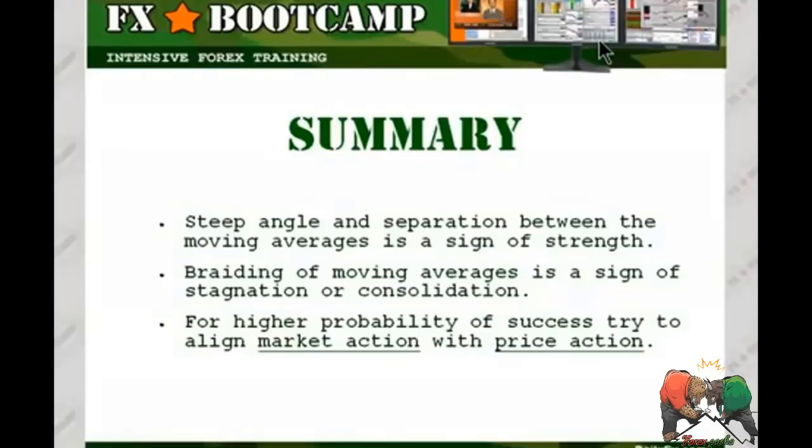Now, once again, braiding: lots of crosses, the 5-8 crossing, crossing, crossing. And you'll see that in between the markets, let's say at the close of the New York session but before Asia opens, you'll get all this kind of braiding. That means there's no momentum whatsoever. You shouldn't be trading. And for higher probability, the takeaway from this presentation is what you're trying to do is establish